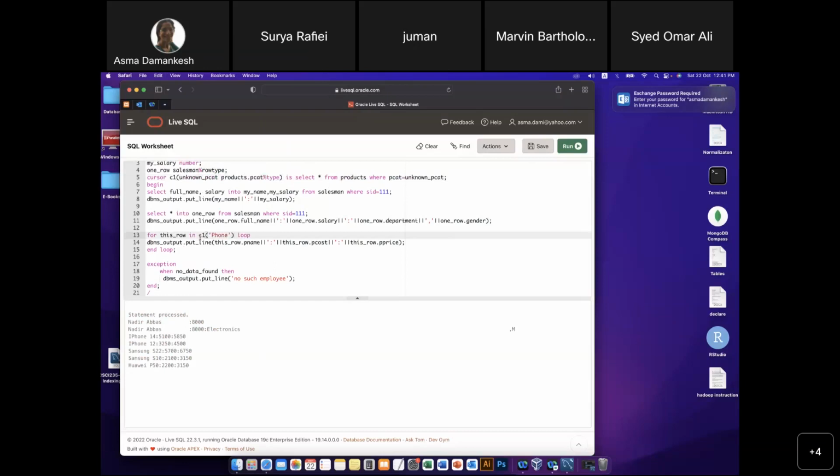Okay, so what happens? It's calling the cursor. It takes the parameter with it. It comes here. This is the cursor. Unknown PCAT is the parameter, which is phone. Then it goes to the select statement and says products where PCAT is unknown PCAT. Now we know that unknown PCAT is phone. It selects that, saves it into C1, and comes back and reads it, okay? The advantage of doing this,